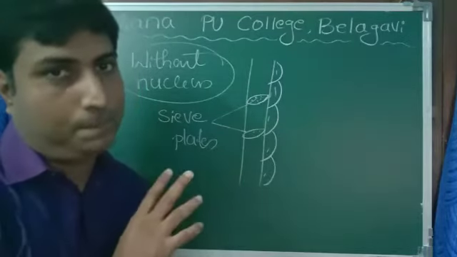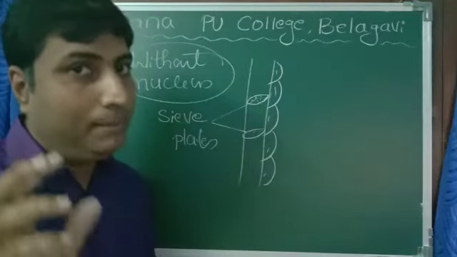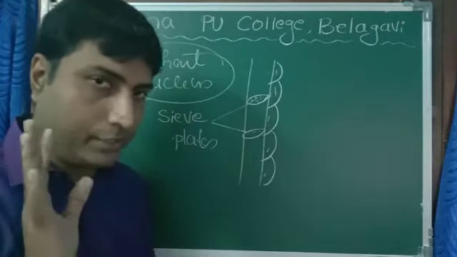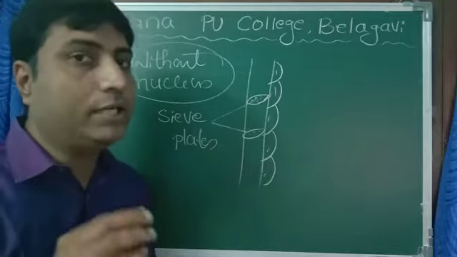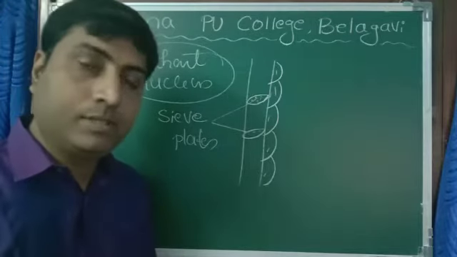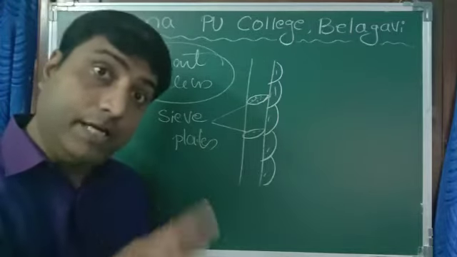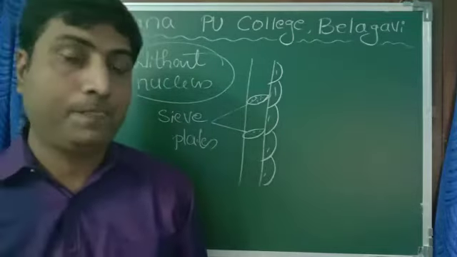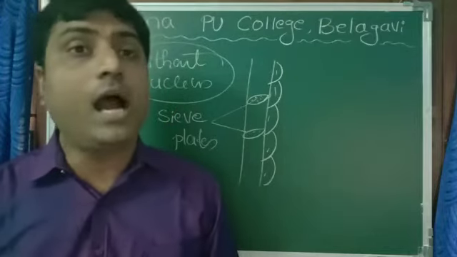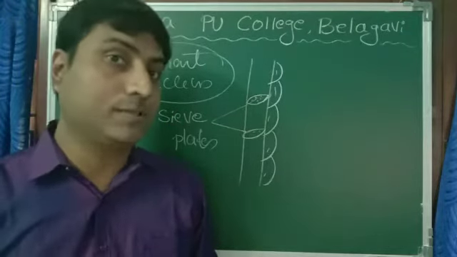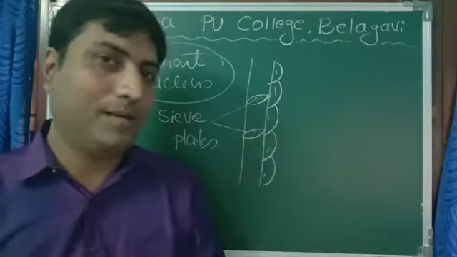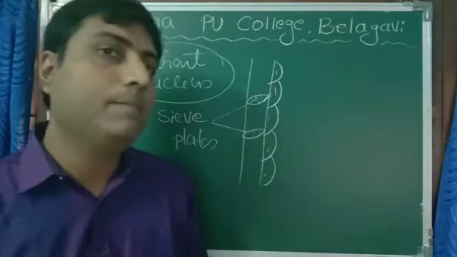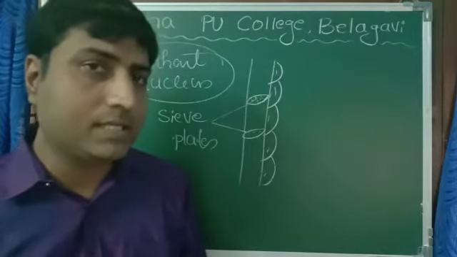So broadly, plant tissues are divided into meristematic tissue and permanent tissue. Meristematic tissues can undergo division. Meristematic tissue itself differentiates to form permanent tissue, where they lose their capacity to divide. Permanent tissues again are of two types: simple and complex. Simple is made up of only one type of cells: parenchyma, collenchyma, sclerenchyma. Complex is made up of more than one type of cells.